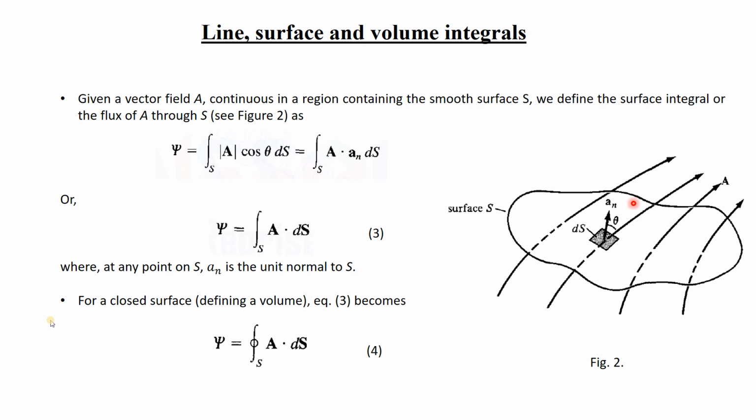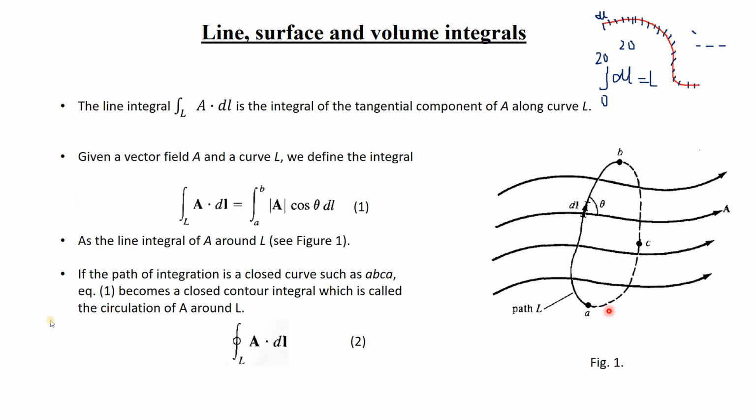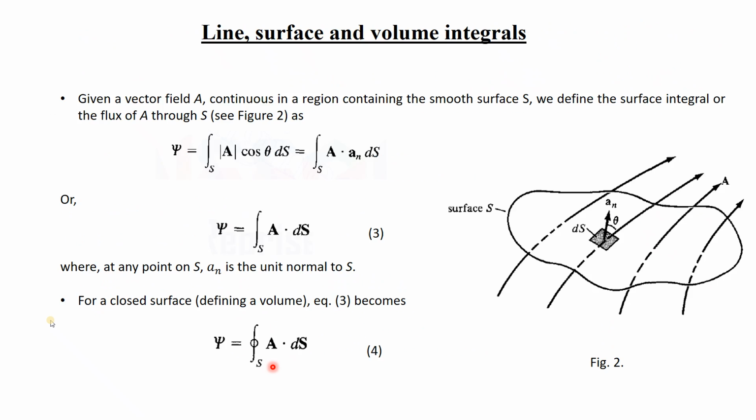Now every surface has a surface area. So if the question asked is what is the closed path line integral, then you will just use this formula. Now if it is asked what is the area of this path, then you will take the surface area. In surface area also you cannot measure the area of the entire surface directly, because again it is not a perfect geometrical figure. It is not a cube, not a square, not a rectangle, not a triangle. So you cannot measure the area directly using a formula.